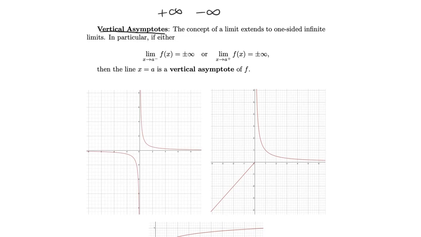So we say that x equals a, which is some vertical line, is a vertical asymptote of f if and only if the limit from the left-hand side or right-hand side tends to positive or negative infinity. So only one of these needs to hold true. For example, if from the left-hand side I have positive infinity or negative infinity without the other one being true, it would still hold. So for example here,